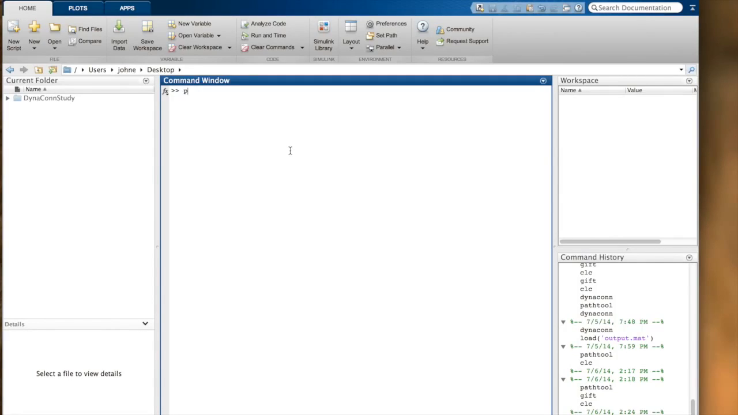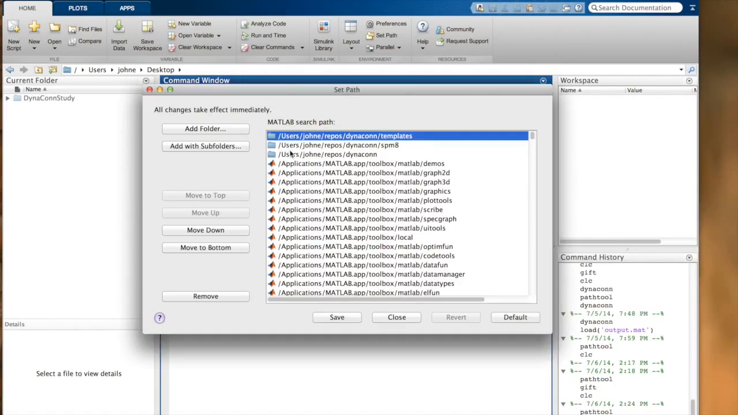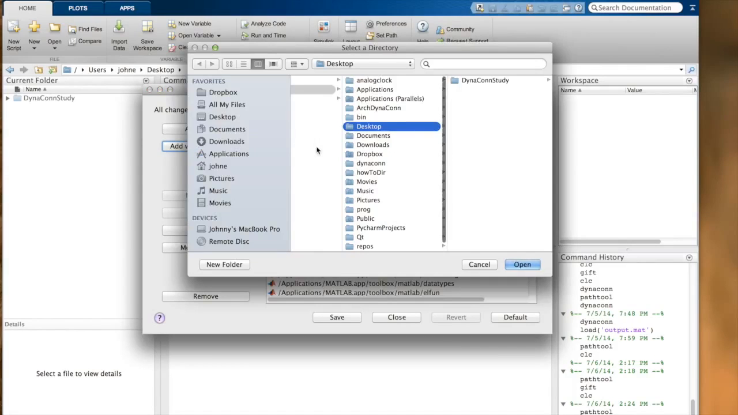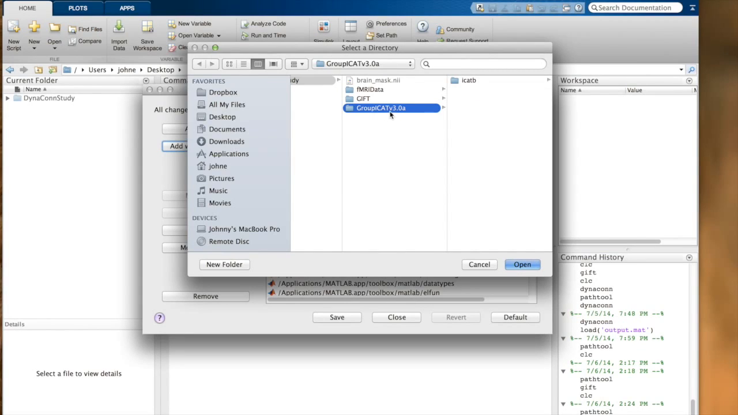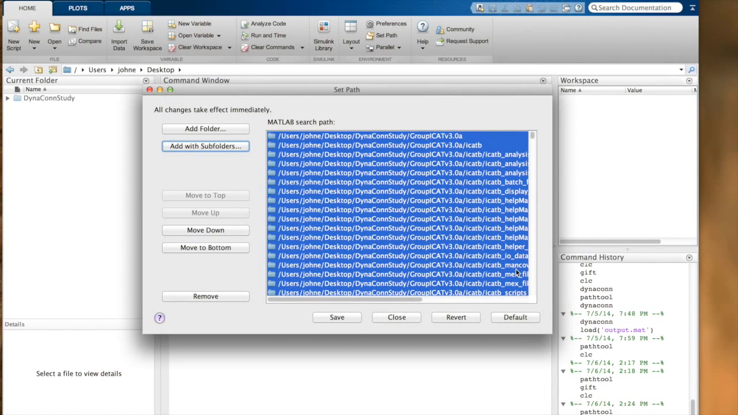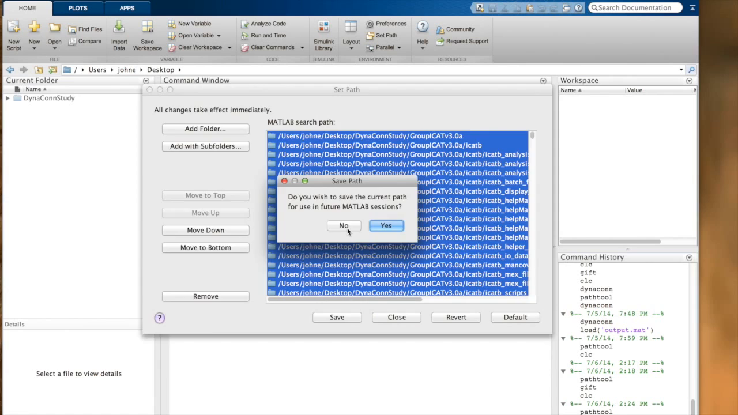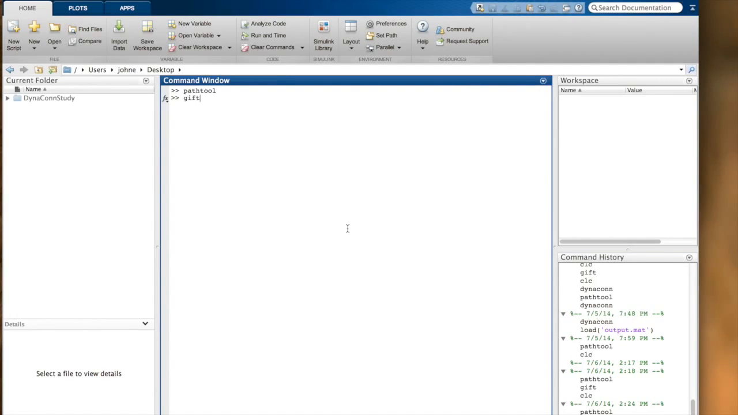Alright, so in order to run GIFT, you need to add the GIFT library to your path, and if you choose to load the folder with subdirectories, you can just point to this top level library, and then you can see it adds that top level directory as well as all the subdirectories. So now I can start GIFT by just typing GIFT,